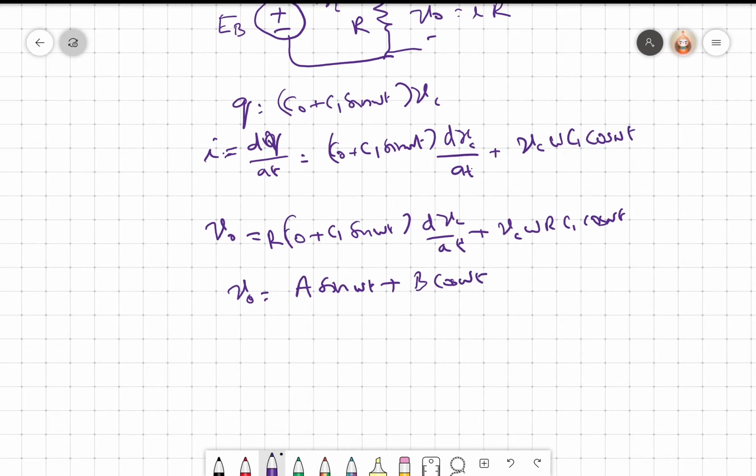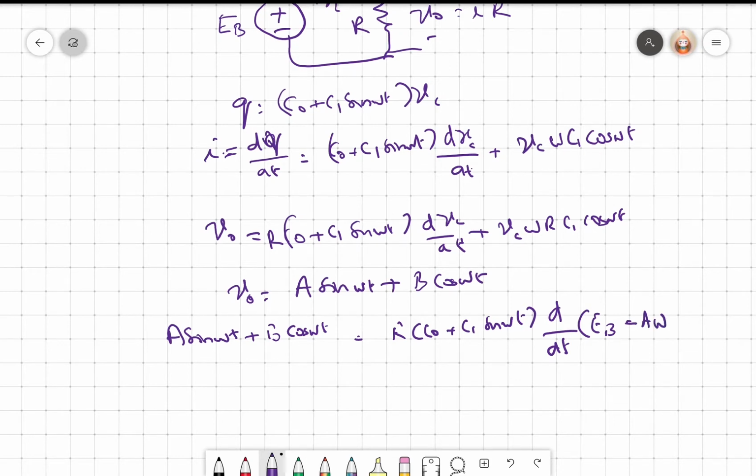So now I can write it as A sine omega t plus B cos omega t equal to R into C0 plus C1 sine omega t into d by dt of EB minus V0, because Vc is EB minus V0, right? V0 we already know, A sine omega t plus B cos omega t. So this will be A omega cos omega t plus B omega sine omega t